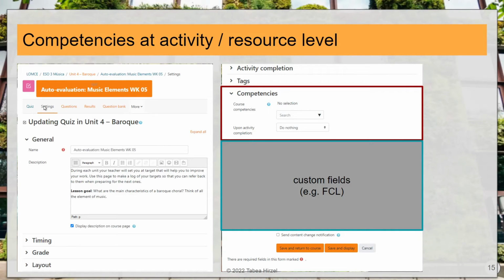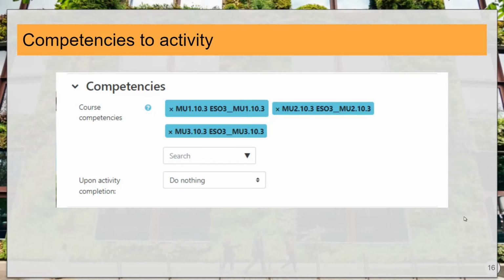Inside the activity, you can manage all that in the settings. You have the general details about the activity, and when you scroll down, you have competencies. This will be more or less the last thing you can modify in your activity, and here is where you add your competencies. I have a few more fields which I'm hiding here because they're not part of this topic. If you have custom fields for your activity, you can add them here, so it will take a little more time to find the competencies.